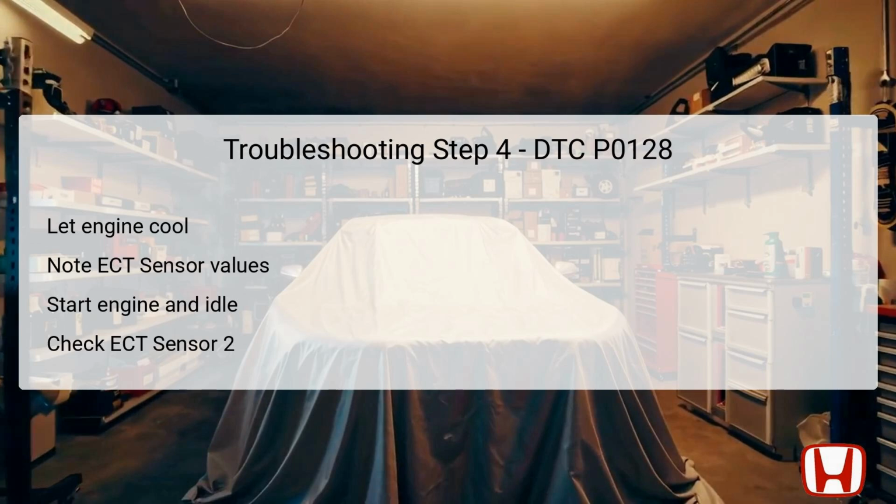After collecting this data, start the engine and let it idle, monitoring the rise in ECT Sensor 1's temperature. The goal is to observe an increase of at least 40 degrees Fahrenheit, 22 degrees Celsius from the initial recorded value. Following this, you'll check ECT Sensor 2's current value. By comparing the initial ECT Sensor 2 reading with its current reading, you can determine if the sensor is responding